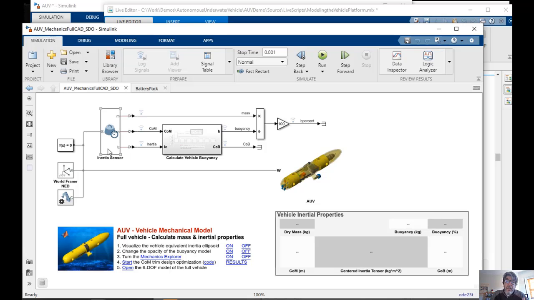So one of the big powerful things that we can do once we have that mechanism in Simscape Multibody, it's not just the fact we're bringing the mechanism, it's that we're putting it in Simulink, and Simulink lives on top of MATLAB, which has lots of very powerful control design capabilities and optimization capabilities.